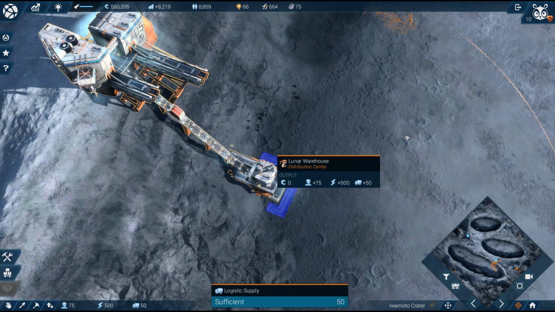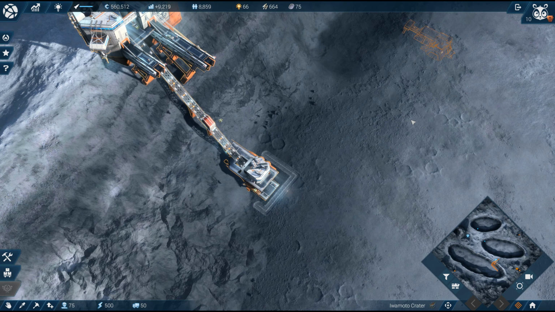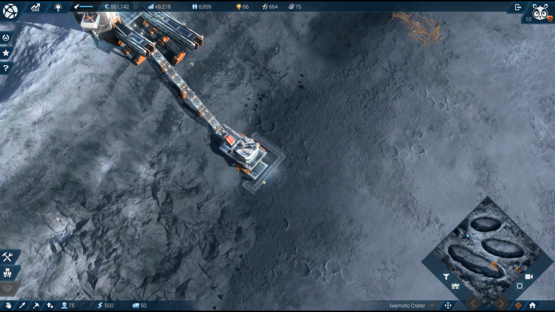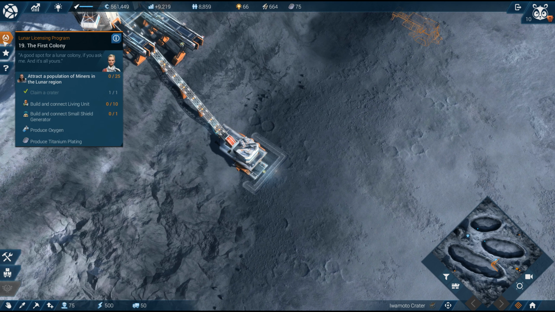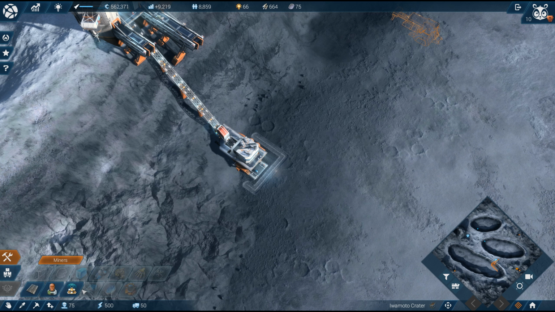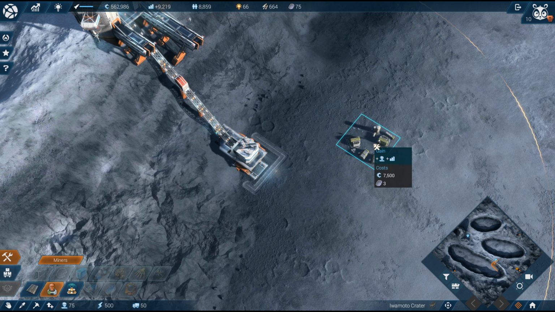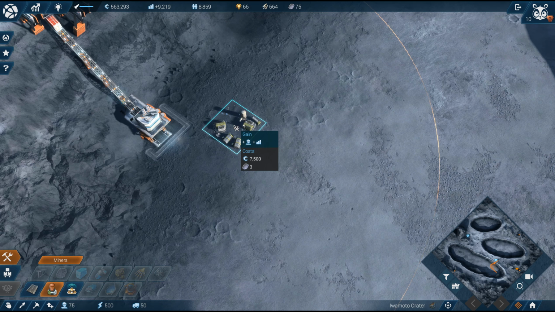So this looked like, yeah, it's got shielding. Okay, so I'm assuming we have to work within shields on this base. Right, so we have to build and connect living units and build and connect a small shield generator. Okay, yeah, so there is a shield generator. Okay, so let us try